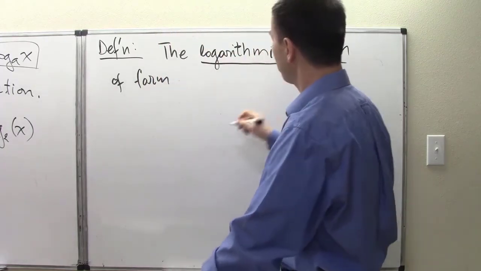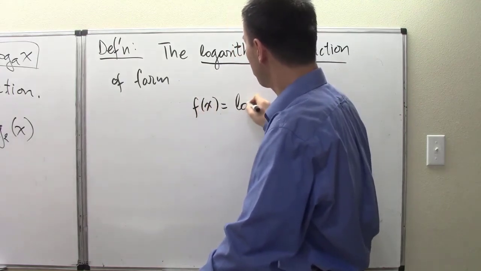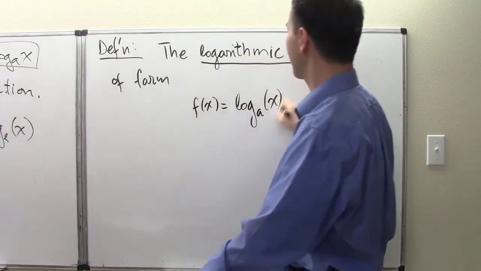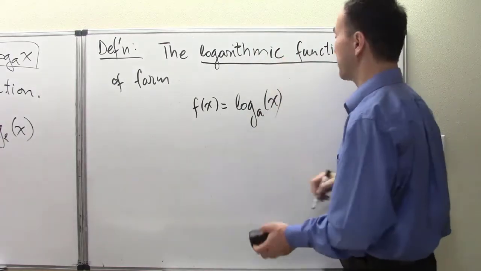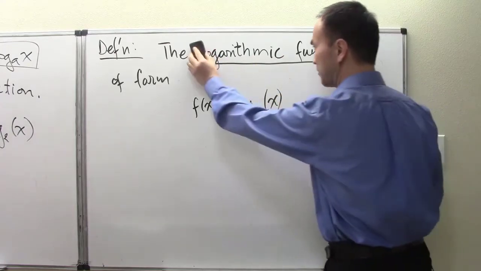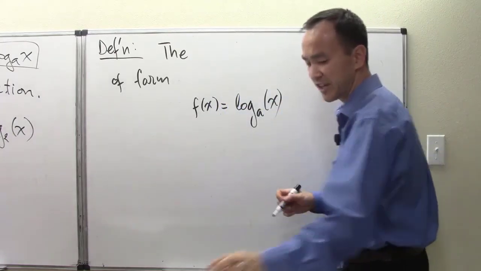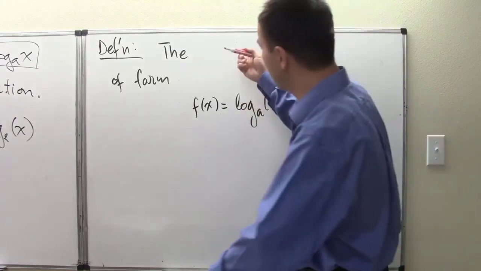The logarithmic function of the form f of x equals log base a of x. We take the log base a of the inputs. And this logarithmic function right here I underlined, but just now I realized I should have written that in red ink to really catch your attention. So allow me to change that to red ink. So now formally we call it with the name